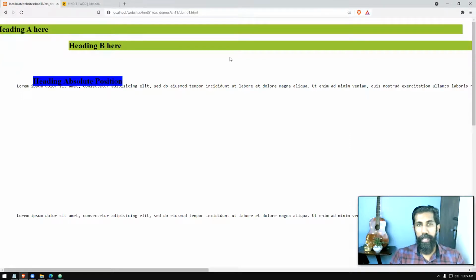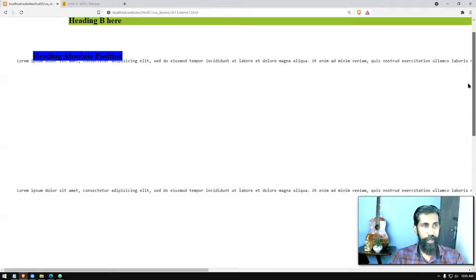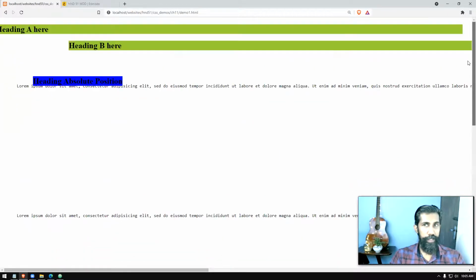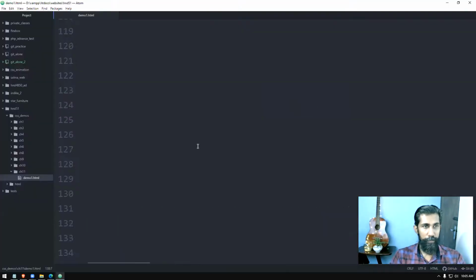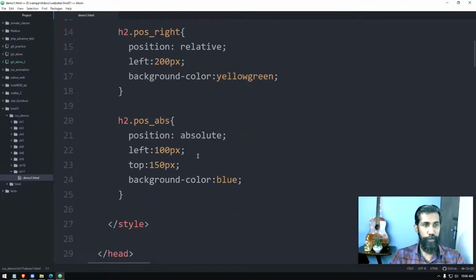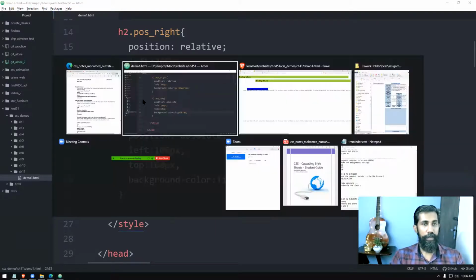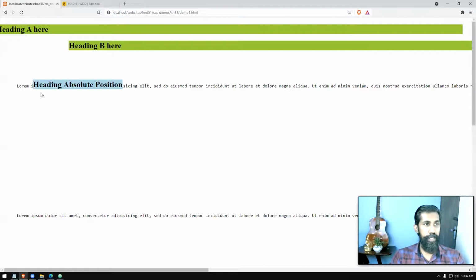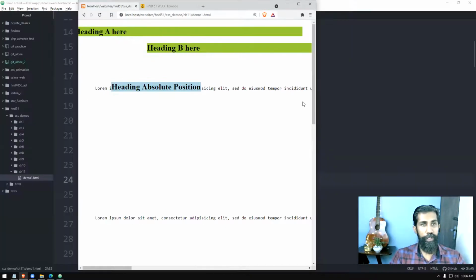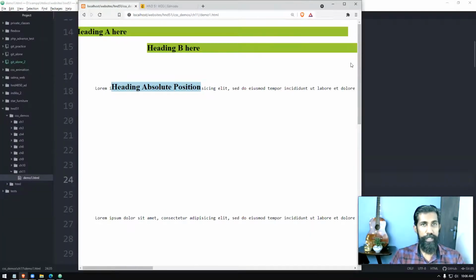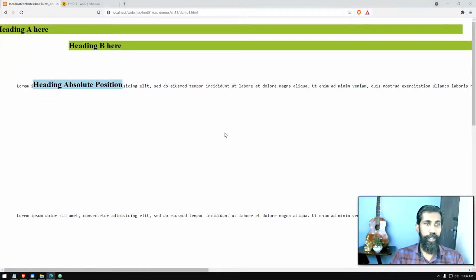So the text is here, absolute position, it is there. So everything is scrolling nicely like that. You can see this absolute positioning. See, if I want absolute positioning, top, if I give this one to 60, you can see it is overlapping. So it is coming over that. So exactly where you want, you can position that, right? Okay.